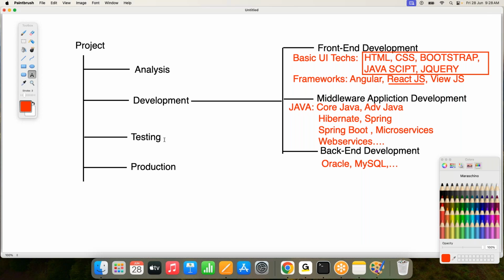Not only in the software industry, but outside too, if you prepare any product, before delivering that product to the respective customer or client, first of all we have to test it. For example, in car manufacturing, a car is prepared in the factory. Would you deliver that car to the customer without testing it? Definitely we have to test it. Similarly, when we prepare a project, we have to test that project. There are rules, regulations and conventions for testing any project. There is a separate theory, a separate subject for testing of the project. Understand my point? So definitely we have to test the project.